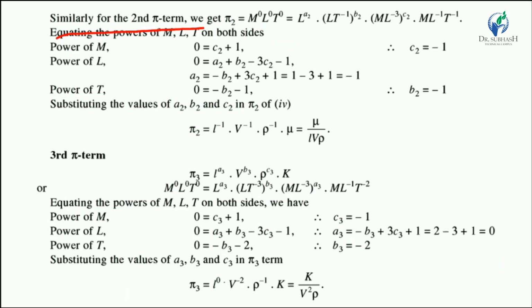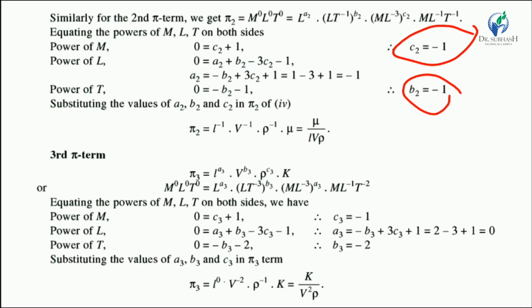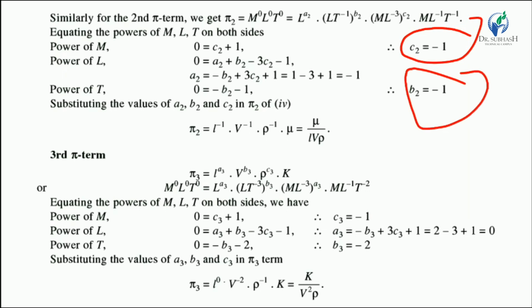Now we follow the same procedure for the second pi term, the pi 2 term. All the variables of the pi 2 term are written in the form of MLT and we compare the powers of M, L and T and find the values of the arbitrary powers. So here we find C2 is equal to minus 1, B2 is equal to minus 1 and